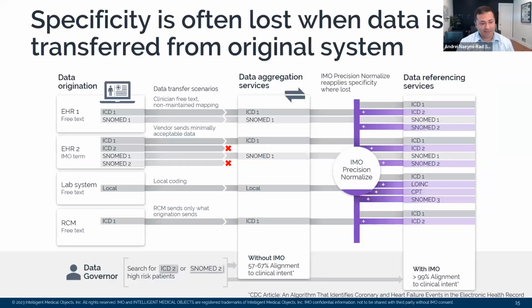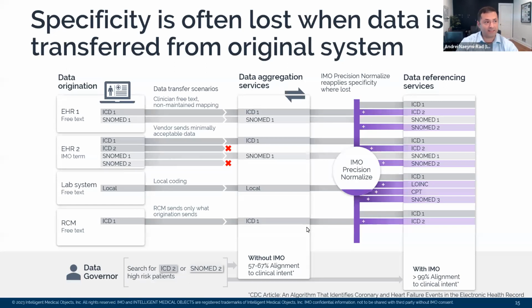IMO Precision Normalize deals with how you're dealing with data at a structured side of the equation, right? It might have a term with a code, right? If I just have lab data, great example of this, you might not have any codes attached to it. Or if I have a terminology operation at the point of care that might be only adhering to that minimum acceptance criteria of transmission, IMO can help recolorize that data behind the scenes even better. So don't take our word on it on the structured side of what IMO Precision Normalize can accomplish.